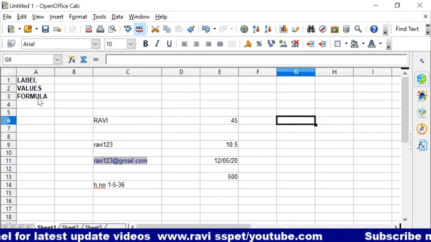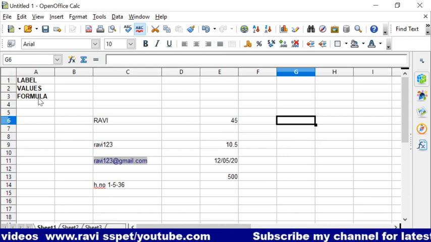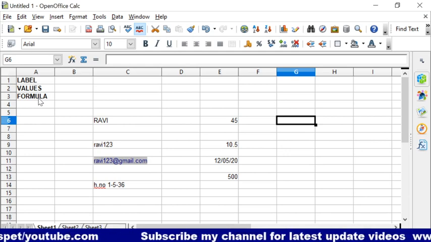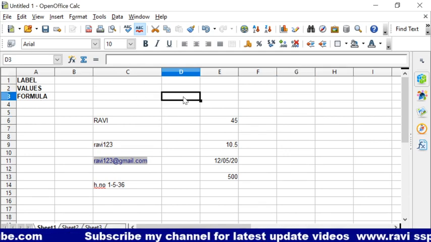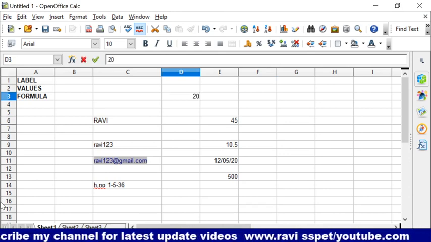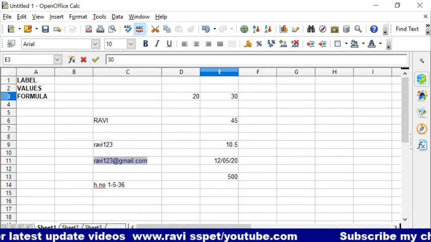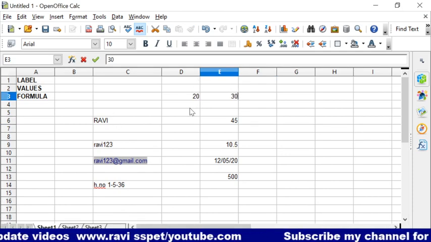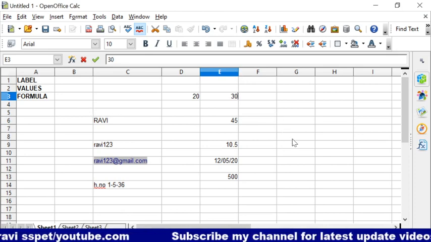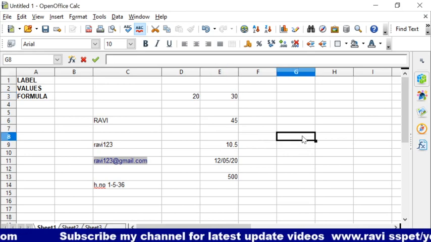Formula. Formula means any expression that begins with an equal sign is treated as formula. See here, for example, in this D3 cell the value 20 is there, and in E3 cell the value 30 is there. Suppose I want the total of this 20 plus 30 in this cell.